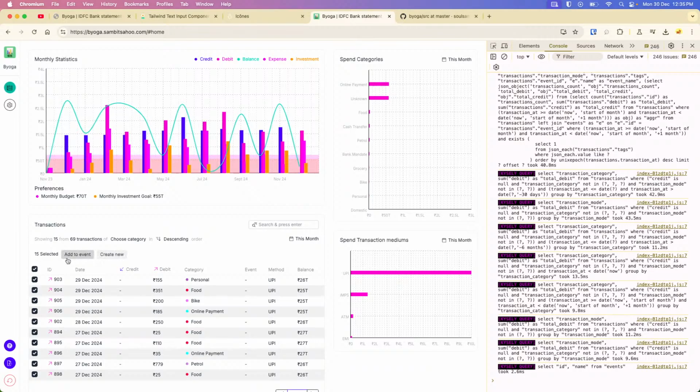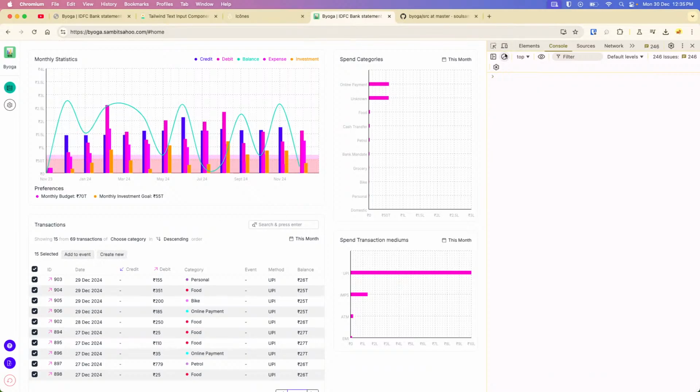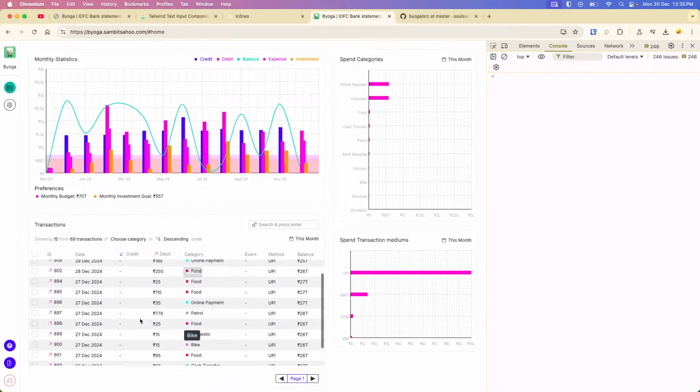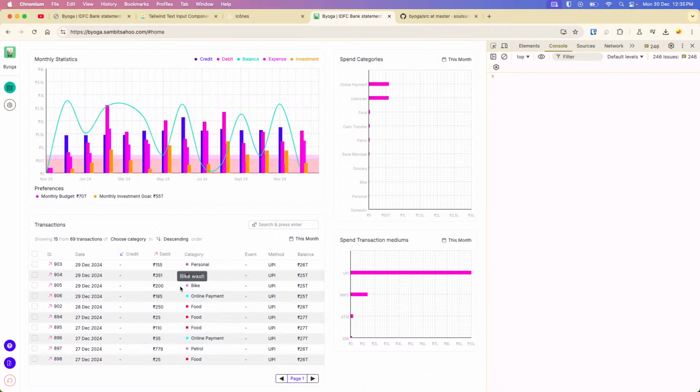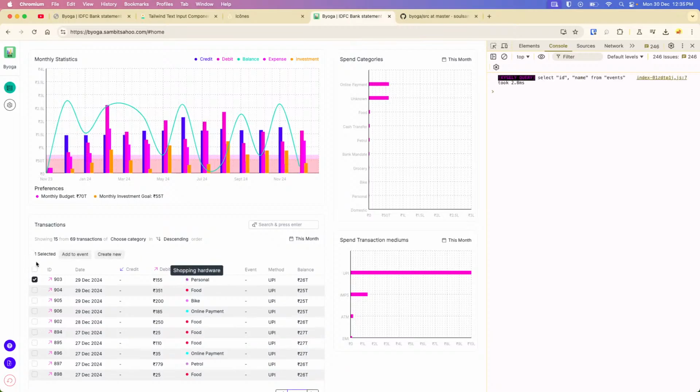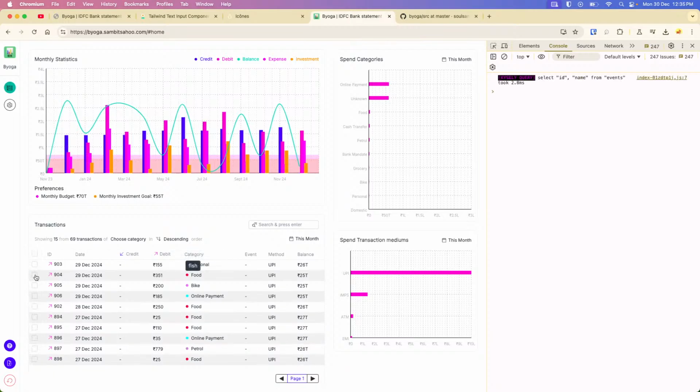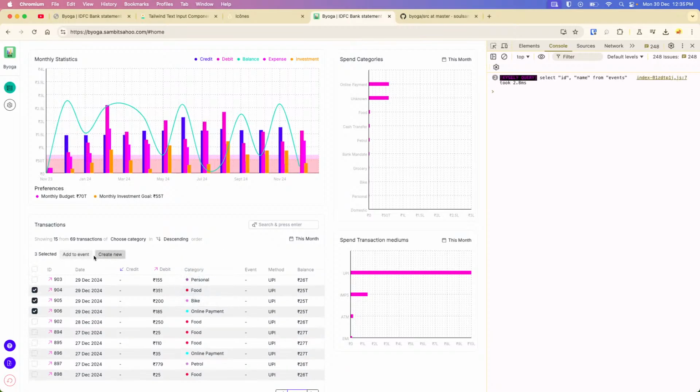Straightforward. There is one hidden feature that is not exposed anywhere on the UI that I have to fix, which is that you can group certain transactions as an event. For example, let's say you went on a trip and spent money, so you can choose all the transactions that you want to group and add them to an event, right? Once they are in an event, they will show up here. For example, if